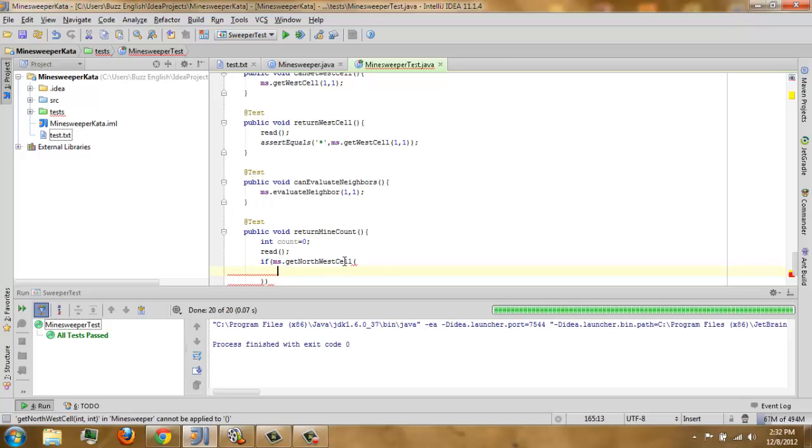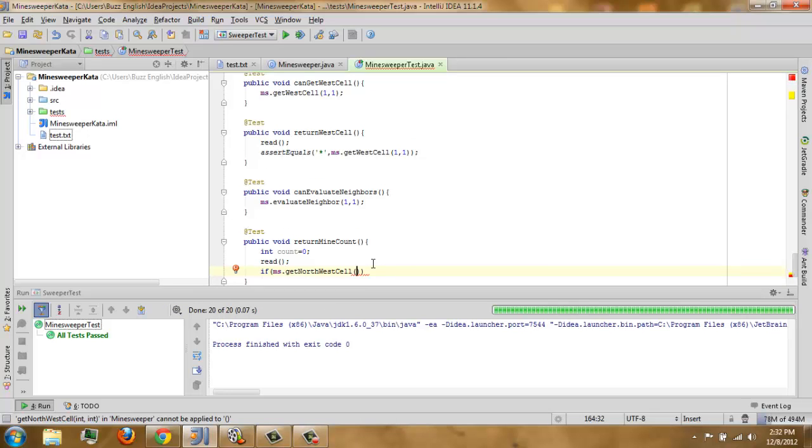It's so ugly. I can't bear it. In this part we are comparing if our cell is a mine. If so, we're going to increment our count.